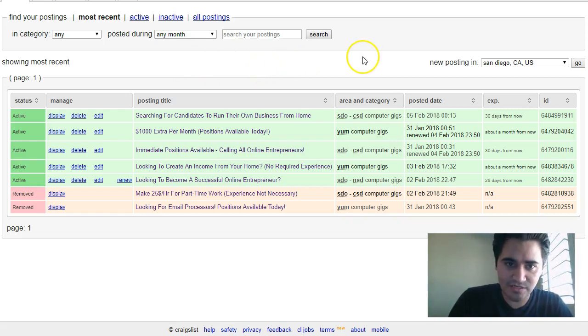I started on the 31st, I think, and like I mentioned, one ad was taken away, one ad didn't even work, and so I didn't want to keep trying. I don't even know if it's true, but I don't want to keep putting up ads right after they get removed or flagged, because I kind of think that the next time I put up an ad, if it's in the same